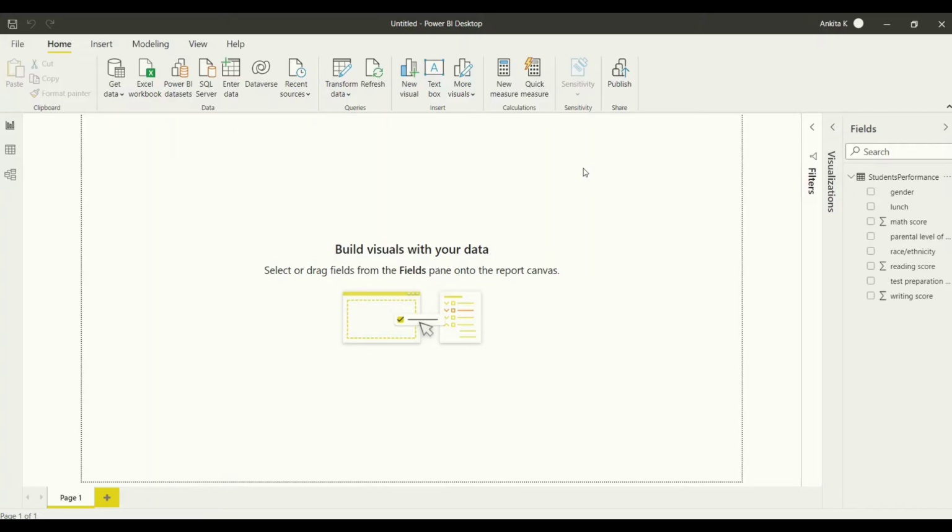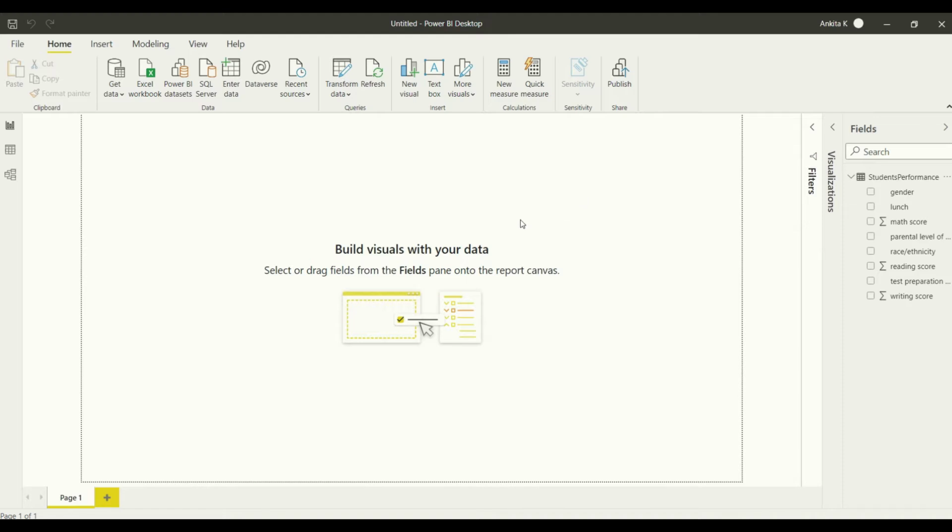In the last video, we imported the CSV file in our Power BI desktop, and we could see that it had a couple of columns, and these three columns were basically the columns carrying the numerical value. So now we are going to have a look at how we can visualize data from a CSV file.